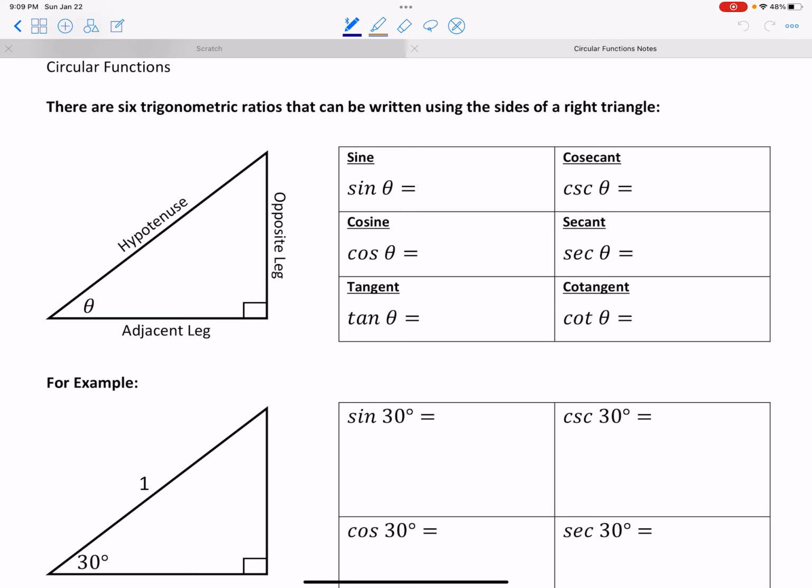So we're going to build today on some of the trig ratios we've looked at previously and how we can use the unit circle in even further ways. So just to recap, we've talked about sine, cosine, and tangent being trig ratios we can write from a right